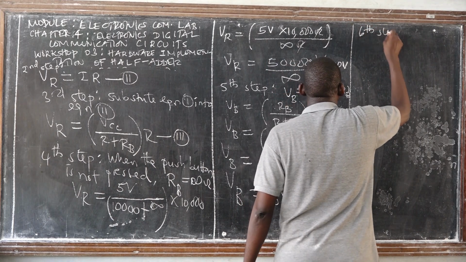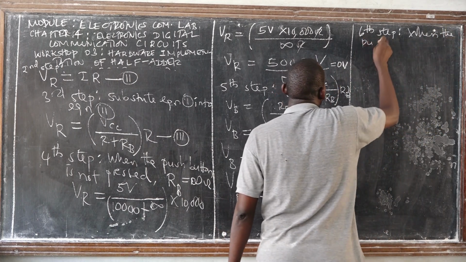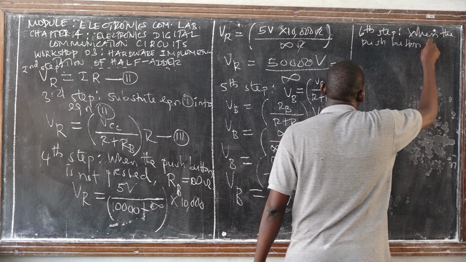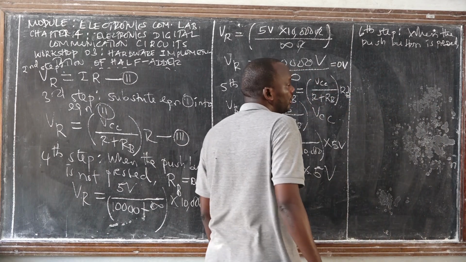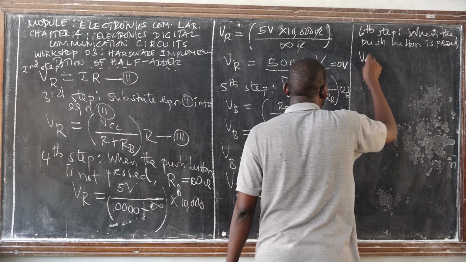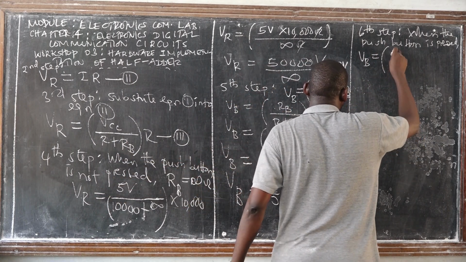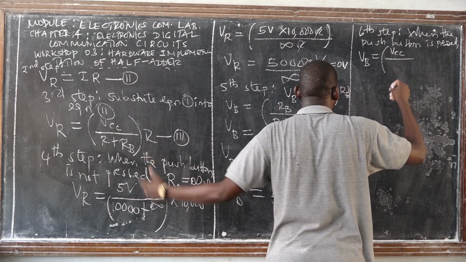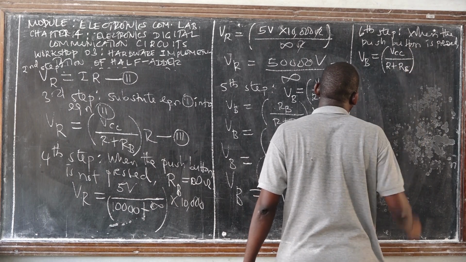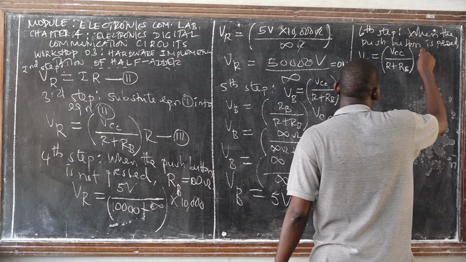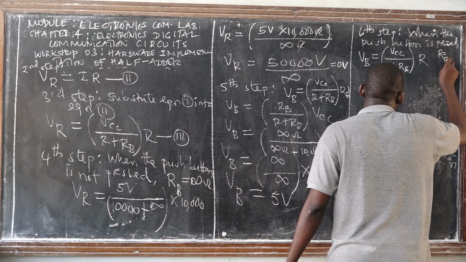Okay. So the sixth step: when the push button is pressed, let us start with the voltage across the push button as we started for the previous case. The formula will still be the same, but there is just a small change because it's a potential divider. We have resistance plus resistance of the push button, but for this case we multiply by resistance of the push button, which is RB equal to 0